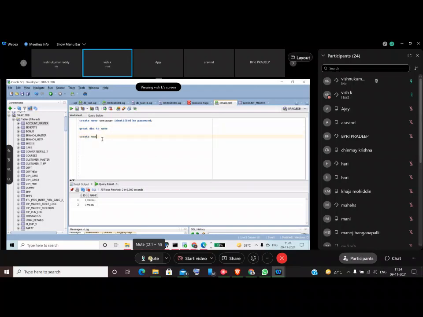DBA means all permissions to that user. So simple, create. Suppose I want to create a user named Vishnu. CREATE USER username IDENTIFIED BY password; you can give any password, I'm giving 123456. Then it will create the user. Create user, so the user is created. This user has no permissions. Anything in the database side, we have to give some permissions, guys. So what permission do you want to give? GRANT is the keyword to give the permission.